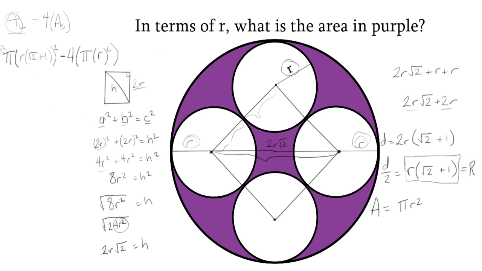Now, the simplification of this expression, well, technically, we've solved the problem. In terms of r, what's the area in purple? It is simply this expression here. However, this expression is not simplified and not very pretty. So definitely a simplified pretty version of this exists. The question is,